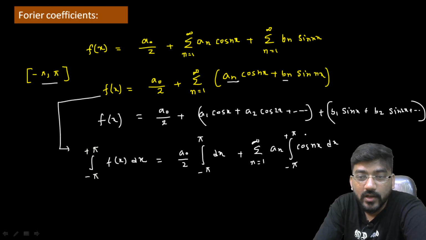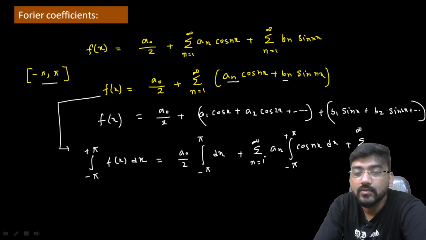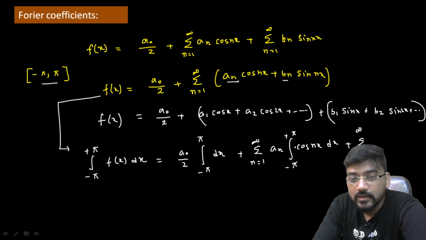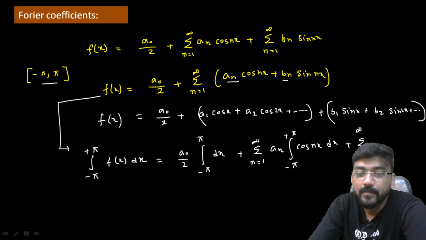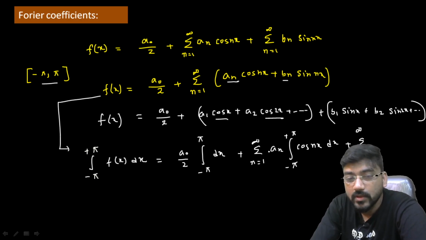I told you about this integration earlier, in the last class. If you don't want to write this summation, then you can only write the integration also. This integration and summation are interchangeable here, and actually you can do term by term integration, but each and every term will be 0. Cos x will be 0, cos 2x will also be 0. That means the a1 terms and a2 terms vanish, etc. You can write it in this way, or if you don't want to write the summation, that will not make any problem.